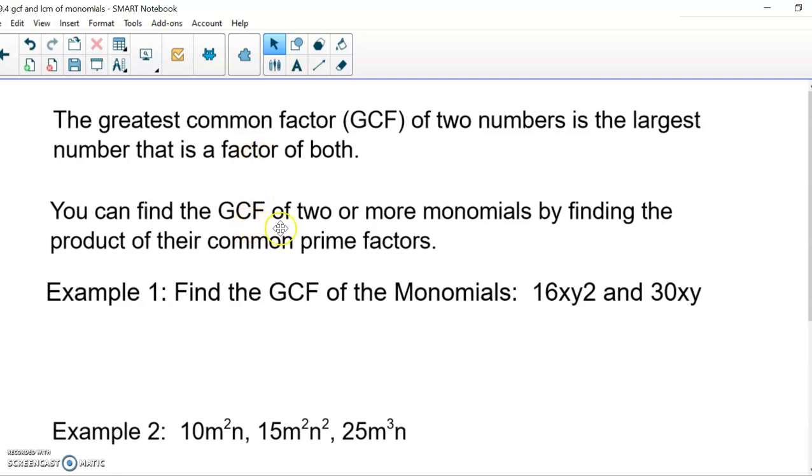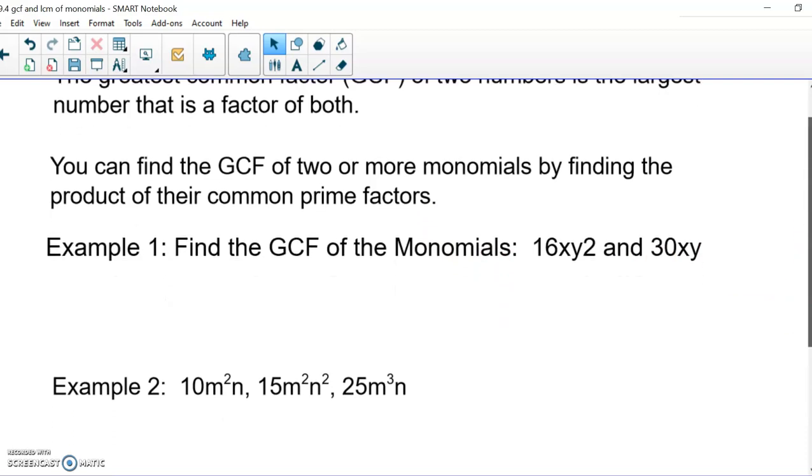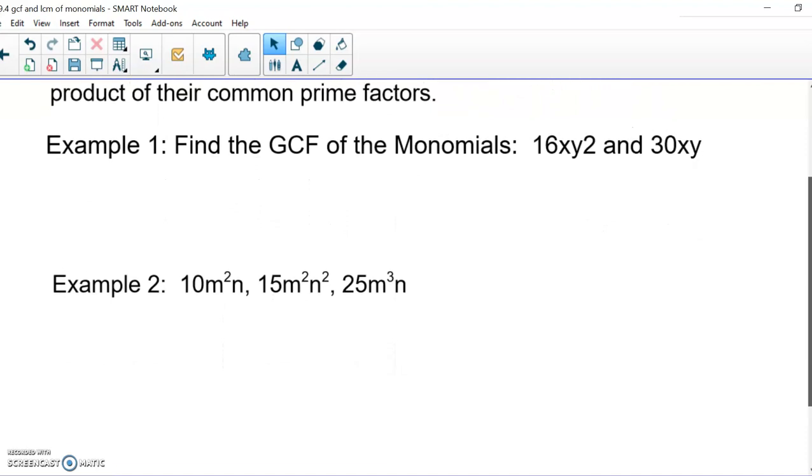You can find the GCF for two or more monomials by finding the product of their common prime numbers or factors. I'll show you a couple different ways to do it, and you can use your favorite. Let's try an example. We're looking for the GCF, the biggest number that goes into both of these evenly. One thing you can do is just start listing the factors, the numbers that go into 16